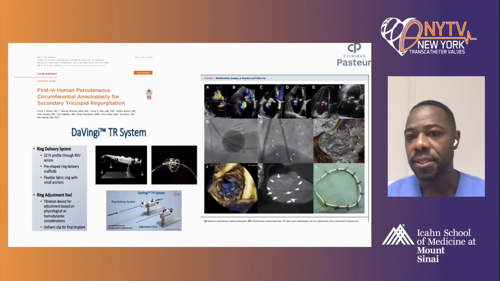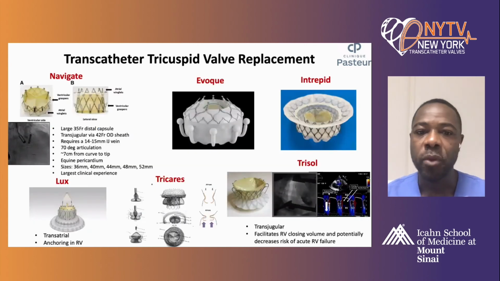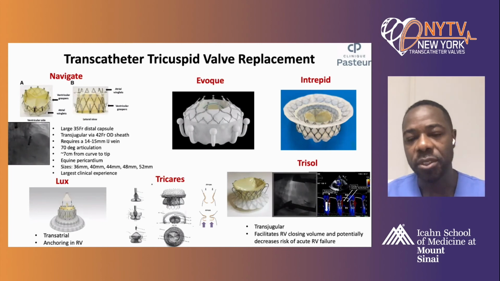A device that may challenge the Cardioband is the Da Vinci system, and the first in-man case was published very recently. It's a two-step procedure. The ring is placed during an index procedure through the jugular access, and then the cinching is performed only 90 days after, just to have a proper sealing and endothelialization of the anchors all around the tricuspid annulus. So this is a device that we need to follow, and we're going to see in the upcoming months what the outcome is for the patients. But potentially, we may not expect results as good as the ones that we saw before for all the patients, and there may be a need for a